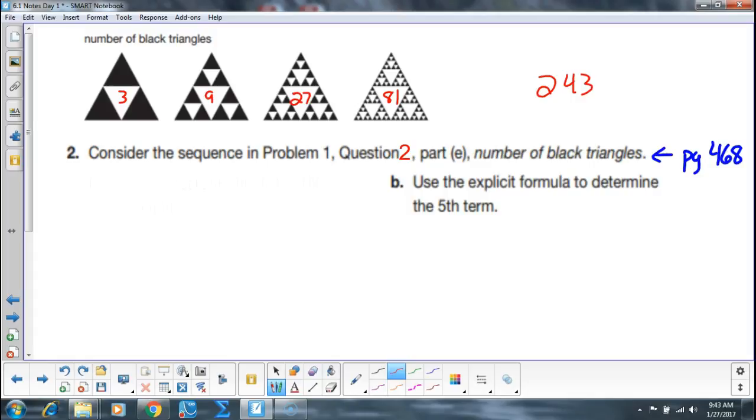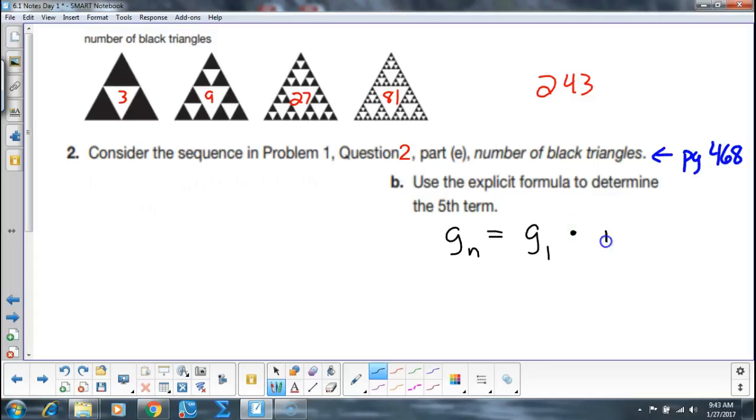Now, for geometric, instead of writing A, which we wrote for arithmetic, we're going to write G. So G sub n, the nth term in my sequence, is equal to the first term, G sub 1,